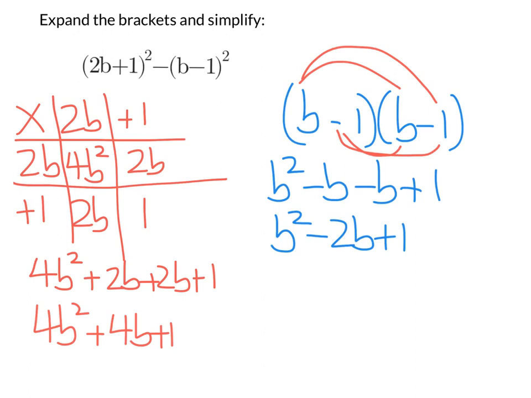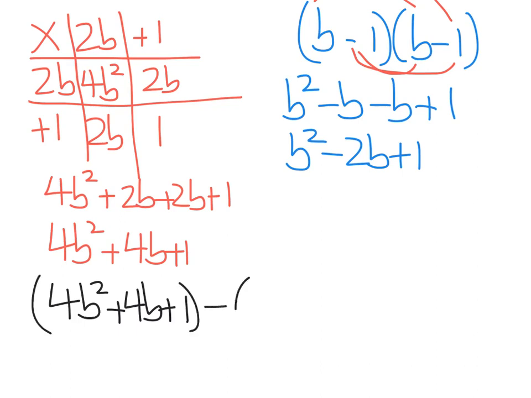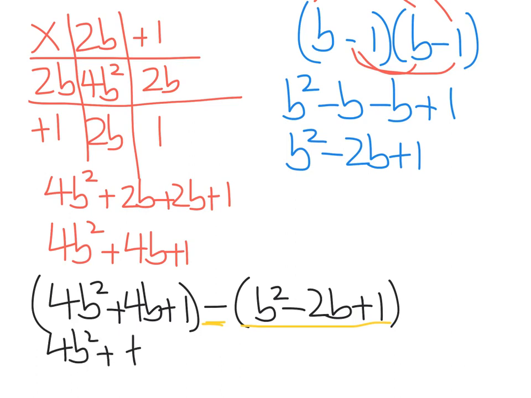Now these two things are being taken away from each other. So I've got 4b squared plus 4b plus 1 take away b squared minus 2b plus 1. Now, if we were to remove this negative, that means everything in this bracket here has to change its sign. So I'm going to get 4b squared plus 4b plus 1 take away b squared plus 2b